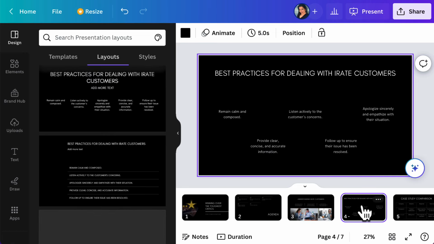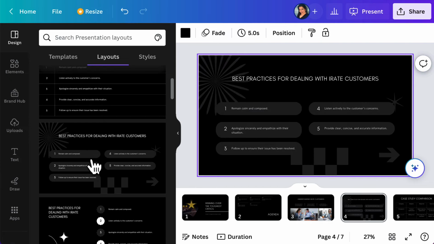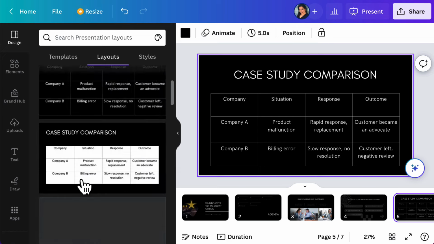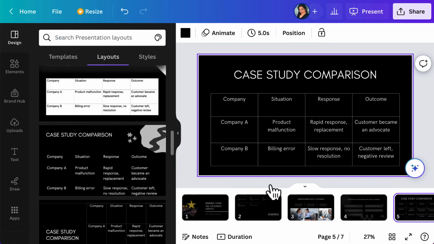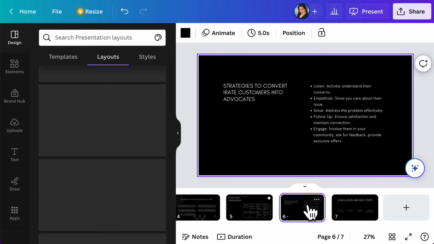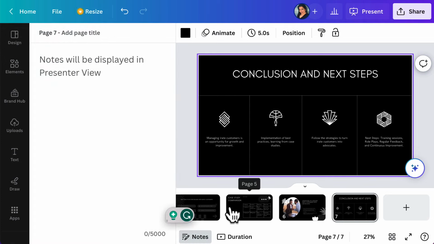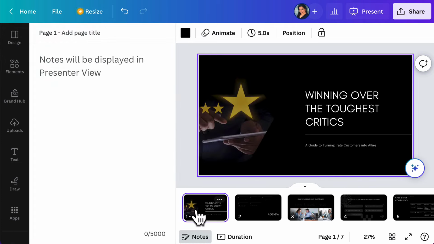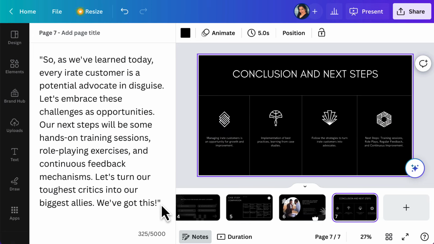The next one is best practices. Maybe this one or this one looks nice. So I can just go and use this. And then we have the case study. Again, you can use any other table layout that you want. And similarly, we'll make changes to the other 2 slides. With that, our presentation is ready, and all we need to do is go to the notes section and add the speaker notes that we had created. So let me just quickly do that. Our presentation is now ready.